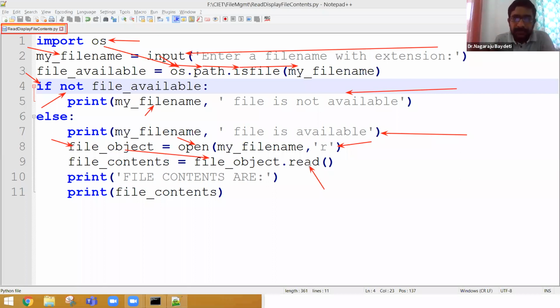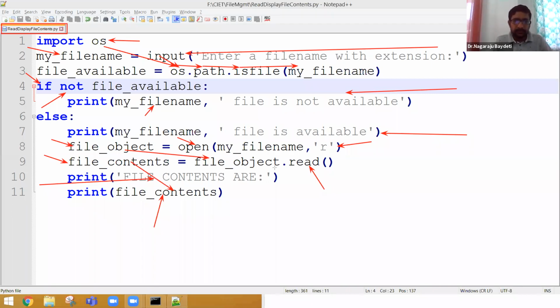So dot read method will read the entire file contents. I am storing that in another object called file contents. Then I am simply printing a message, file contents are, then file underscore content. What is file underscore content? It is coming from line number 9.